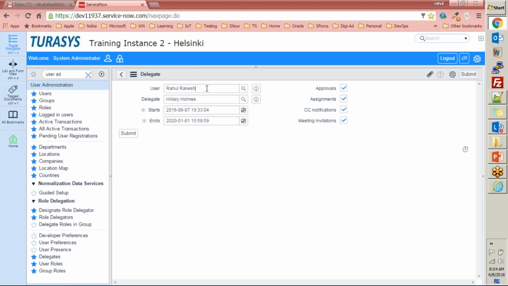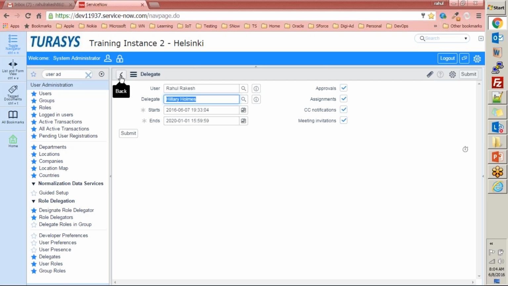So until then, I'm going to make Hillary Holmes my delegate, and this person will be able to do approvals on my behalf, assignments on my behalf. He or she will be CC'd into all email notifications, and Hillary Holmes can accept meeting invitations from ServiceNow as well, right?